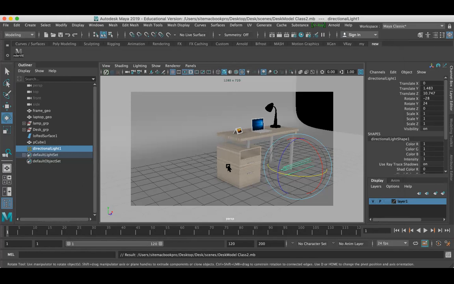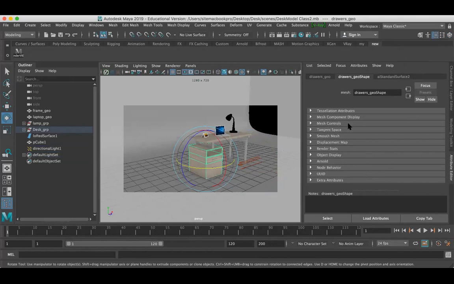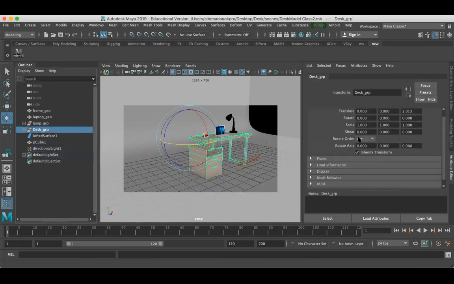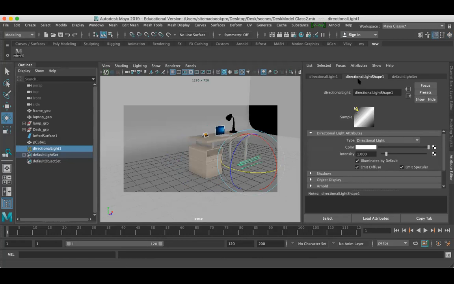And now look at here. I'm just going to adjust some lighting values. At the right side of the screen, you can find the attribute editor. Just click on the attribute, make sure your light is selected. If I select the table, you can see here the attribute is different. If you select the light, your attribute is different. If you select some other object, the attribute is different. This is the advanced property, or you can access the advanced options of the light. By default, it will be in directional light shape 1.